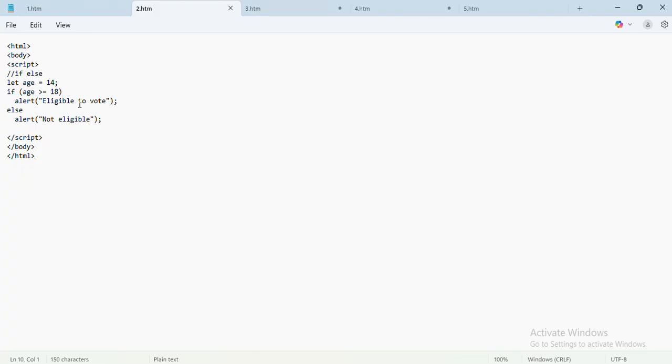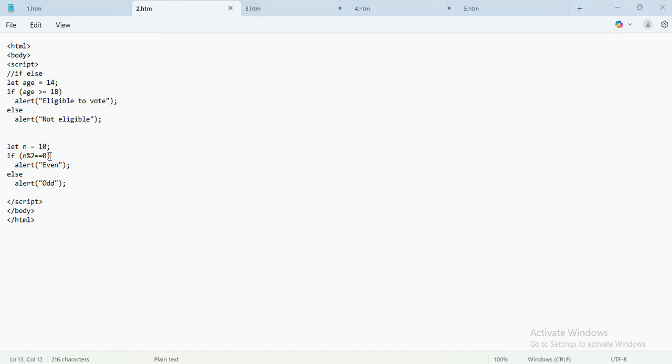For example, if I want to check whether the given number is odd or even, so I will take a number. I will just copy paste the code so that it will just reduce the time. I will say number n is equal to, suppose it is 10, and I am just saying condition if n mod 2, if the remainder is 0, it is an even number, else it is an odd number. That's a simple logic for even and odd. If number mod 2, remainder is coming as 0, it's an even number, otherwise it's an odd number.